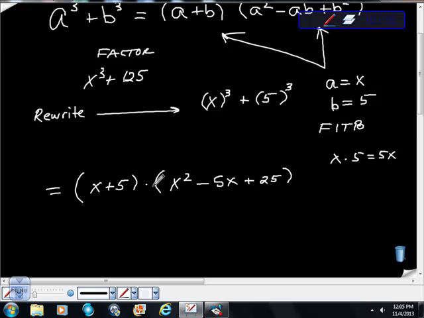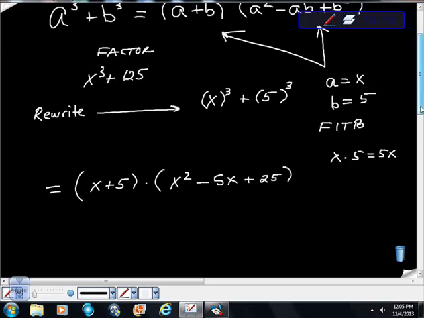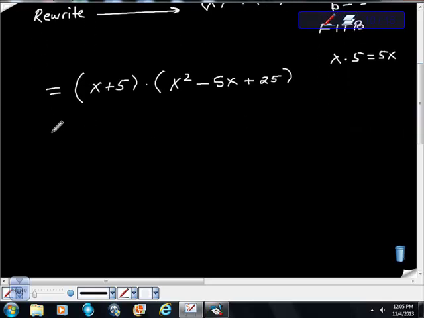The really good news is that the second piece that you get here is totally unfactorable. Why is that good news? It means you don't have to factor anymore. Let's do one more and see if you can figure this one out. So let's factor